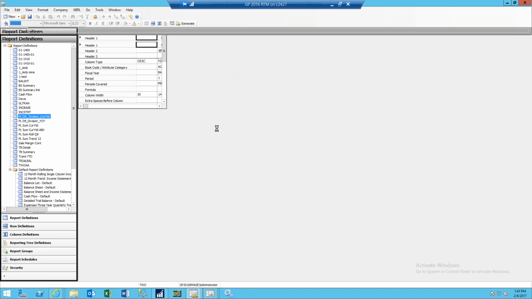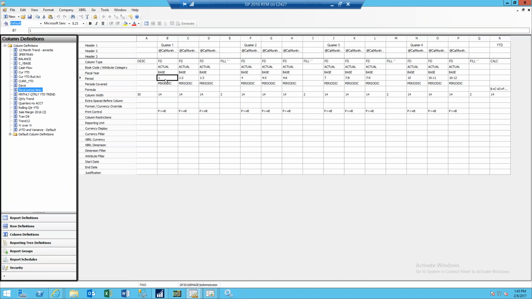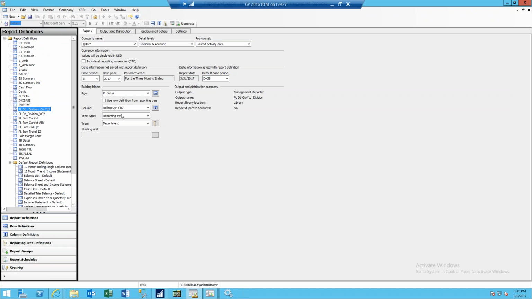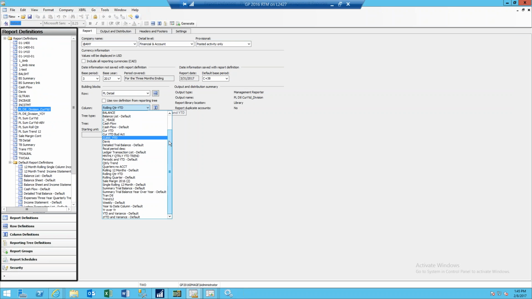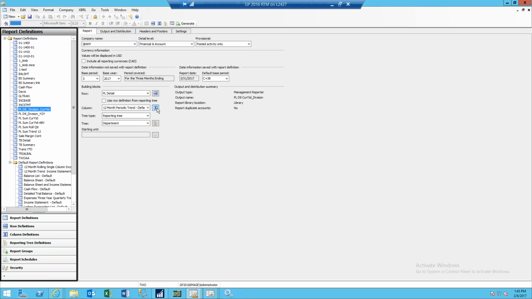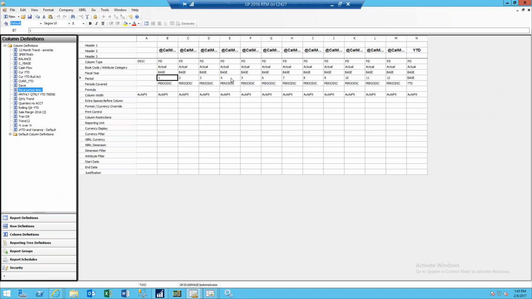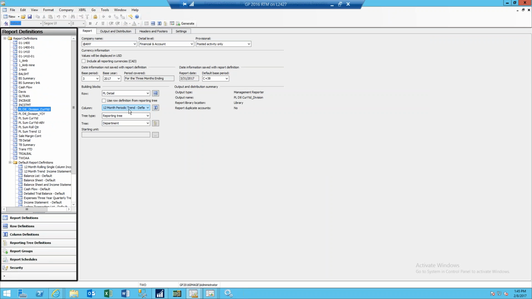So here's an example where it's going to say, all right, give me period 1. Well, actually, let's not do that one. That one's a little confusing. Let's do a 12-month trend. If we look at this one, it's going to give me period 1, 2, 3, 4, all the way through 12. So just by swapping out the column,